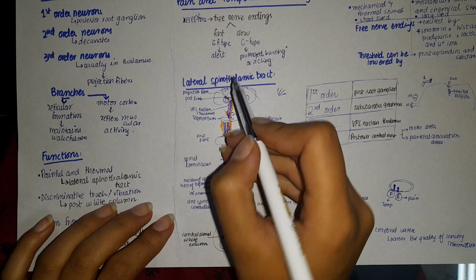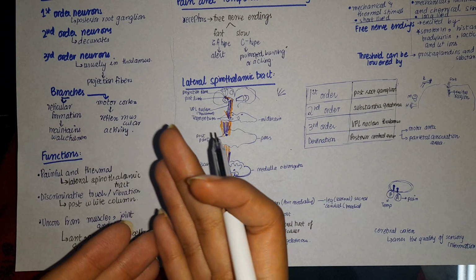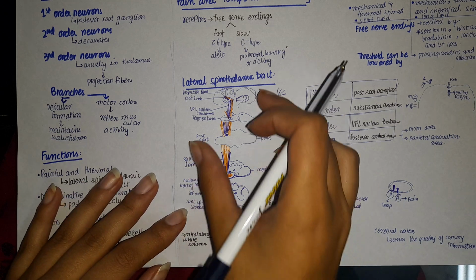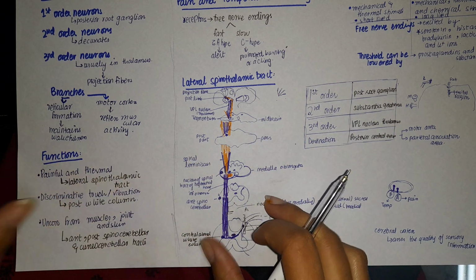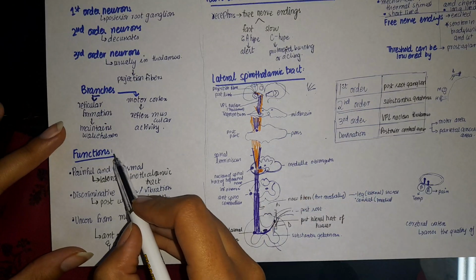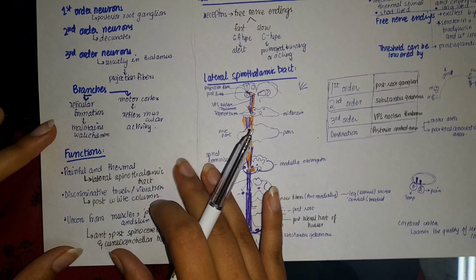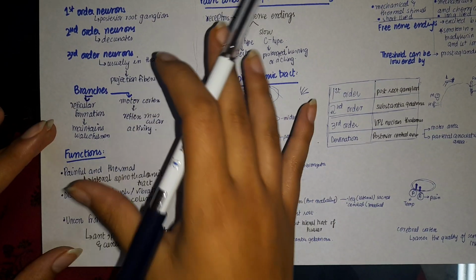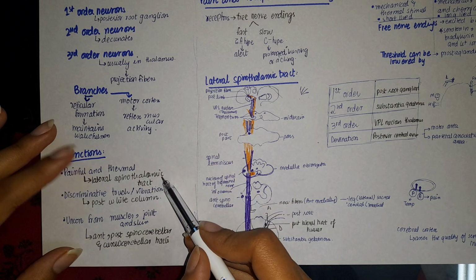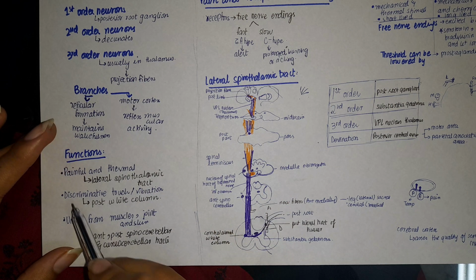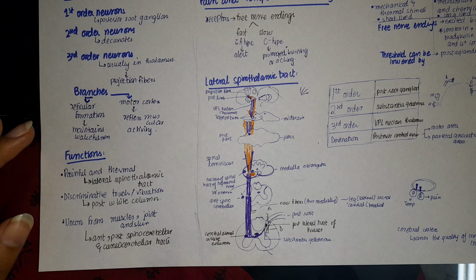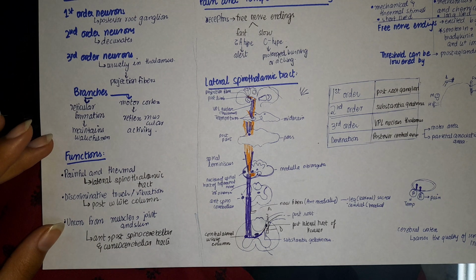So the motor cortex can bring out the reflex activities in relation to the type of stimulus that is coming, or the type of sensory stimulation that is coming. Now functions: there are different types of tracts we are going to study in this one, and the ascending tracts are either the lateral spinothalamic tract, the anterior spinothalamic tract, the posterior spinothalamic tract,